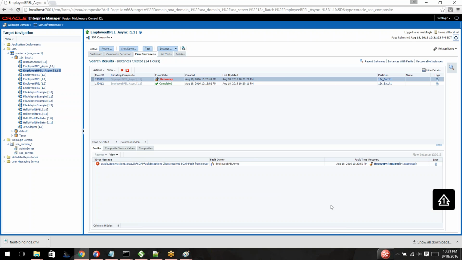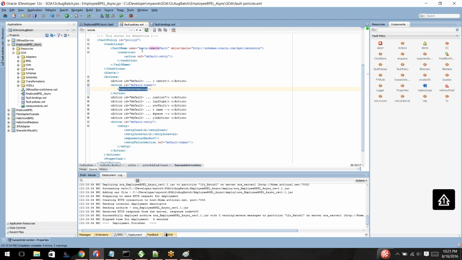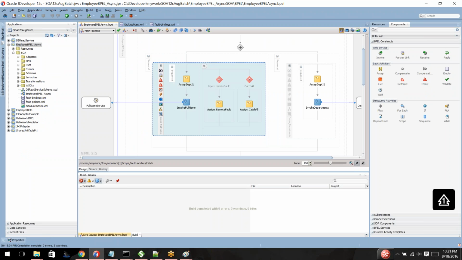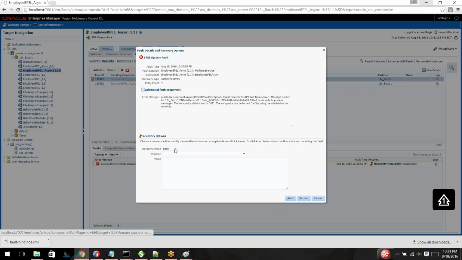Okay, so after 16 seconds, it came into the recovery mode. Now there are two options. One thing is, you can make the service up and redo it, or you already know that there is an alternative logic, right? If you want this alternate logic to happen, instead of retrying, what you do is you click on, you do a rethrow. Okay, when you say rethrow, what happens is,